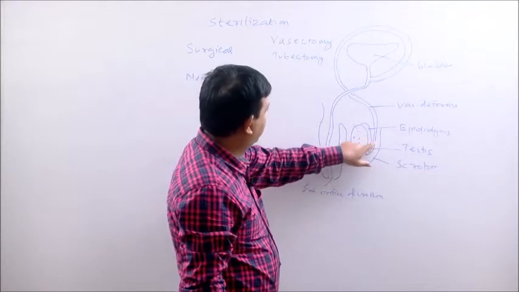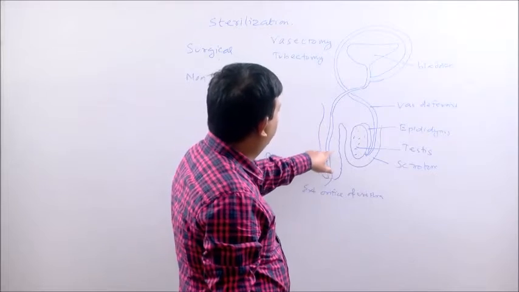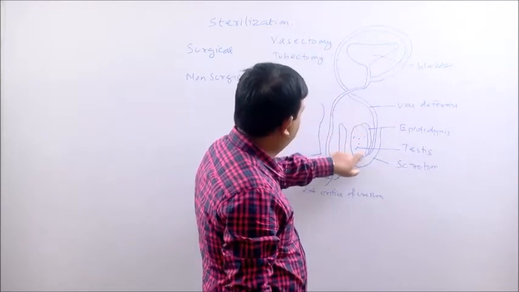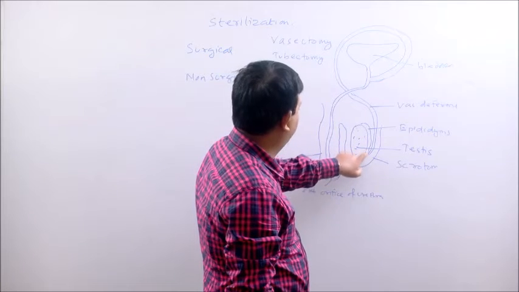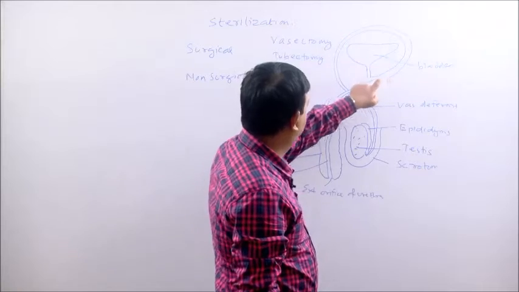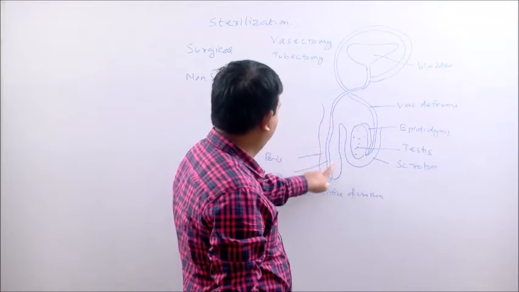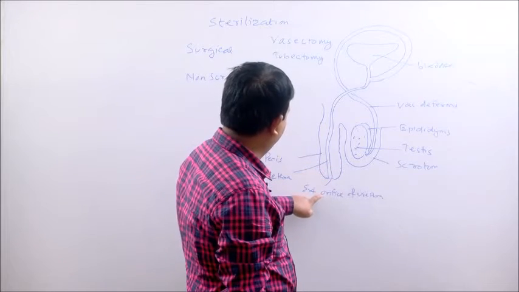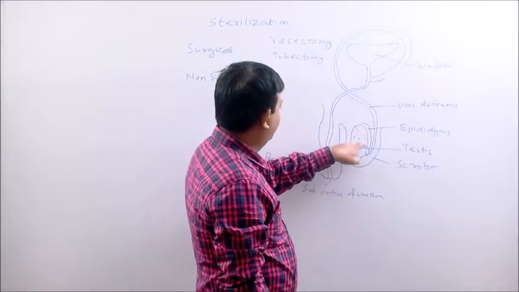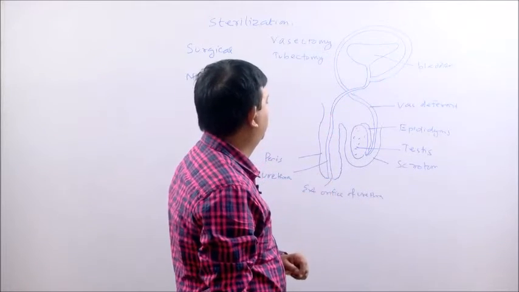Then they are carried to the urethra by this duct. This is the duct. You can see here its course. It starts from the lower end of the epididymis, then it goes upwards and finally it carries the sperm to the exterior through the urethra. This is the penis and here there is the opening, the external orifice of urethra. So the sperms are carried like this to the outside of the male body.